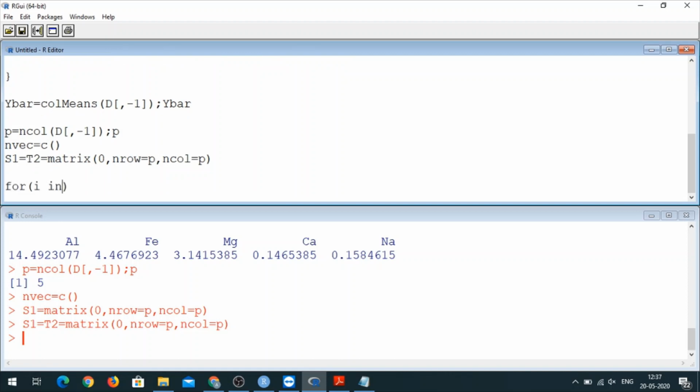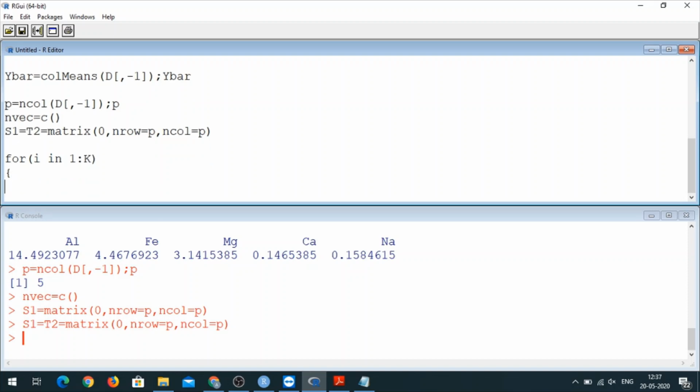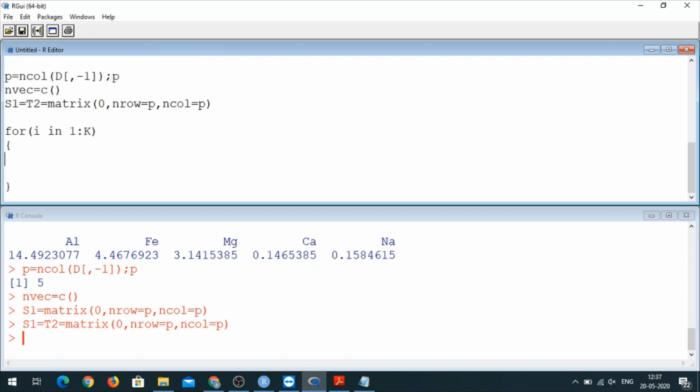Now for I in 1 to K, so for each one of these sites I have to do something. What I have to do? I have to first compute the CSSP matrix of that site and add it to S1. Let me call it SS, the CSSP matrix corresponding to a specific site. So SS is going to be cov of L of I, into, I need to see what n is for it.